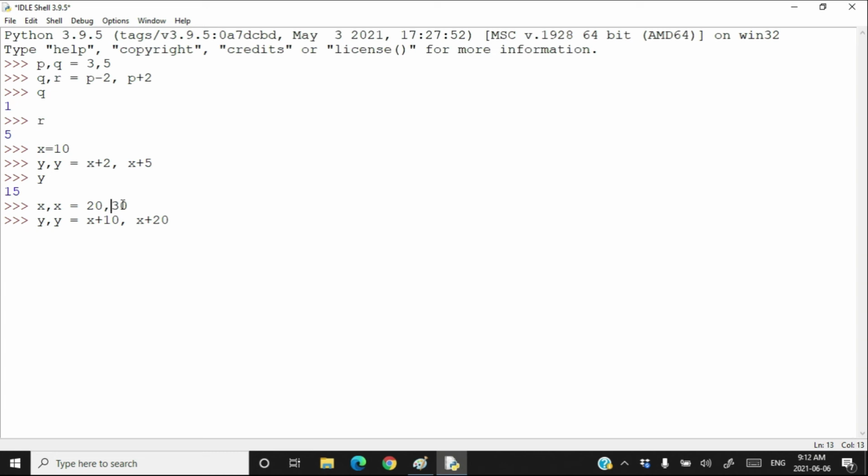Then you again have to add 20 to the last value of x, that is 30. So 30 plus 20 is equal to 50. Therefore, the final value of y will be 50. What is the final value of x? That is 30. And what is the final value of y? That is 30 plus 20 is equal to 50. So if you print x, y, it will print 30 and 50.